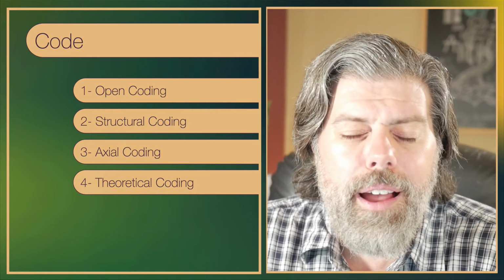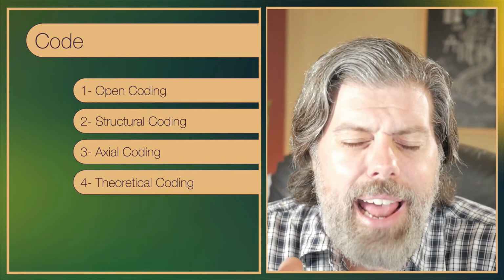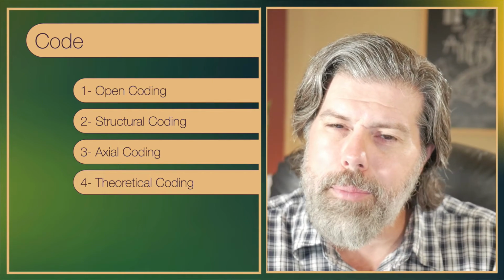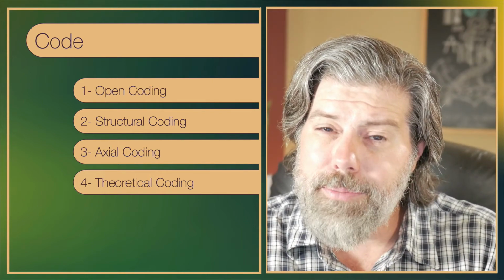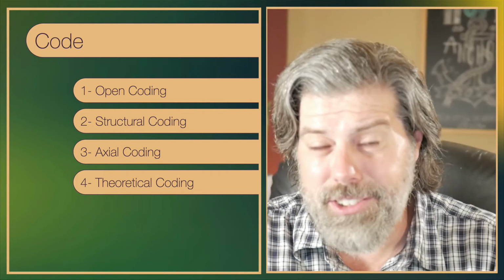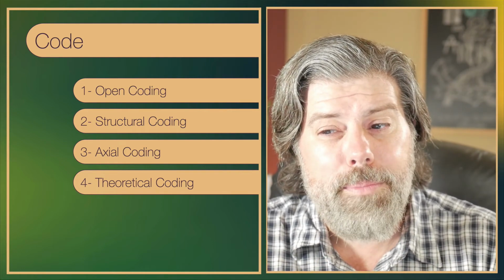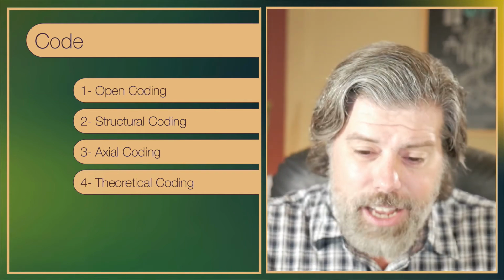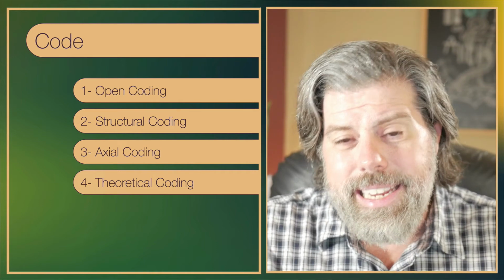And so where am I getting these themes from? Well, at this point, I want to lean back into what is the problem I'm trying to solve, what is the purpose of my study, and what are the research questions that I'm trying to answer. All of these help me form the themes,